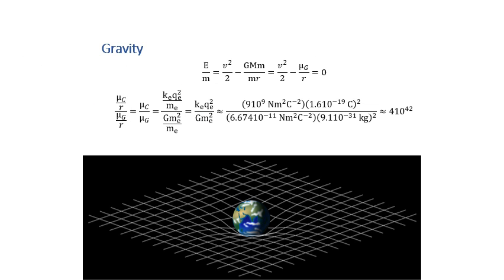Gravity then, the final one. Gravity is a weird one, because if we model the orbital energy equation, the kinetic and the potential energy add up to 0. So you might say there's no energy in a gravitational orbit. And that's really funny, but that actually makes a lot of sense, because